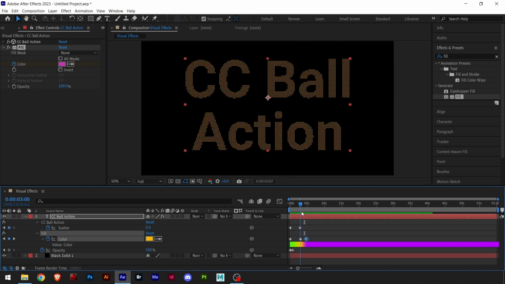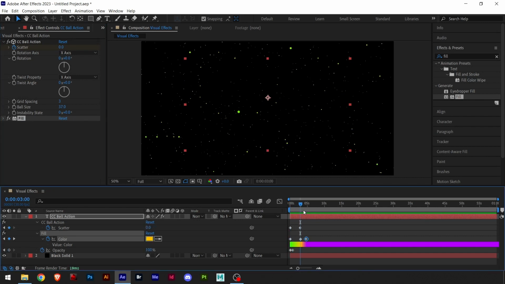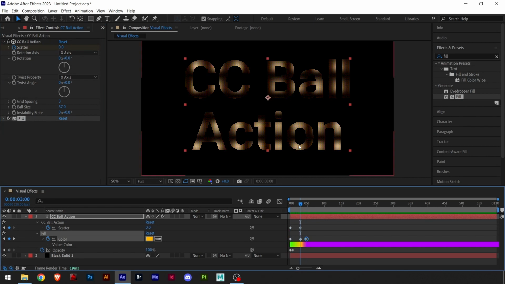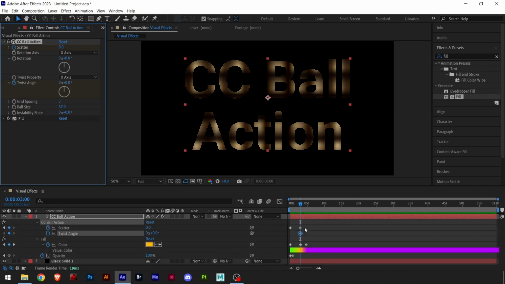Now you can play even more. Let's say you come back to the effect above it, CC Ball Action, and let's say twist or rotation. Let's play with twist angle. I will hold shift here to snap on the keyframes, and about here so I know what's happening. I will click on twist angle, stopwatch, and now I can press U again and U again, so I review the twist angle keyframe,